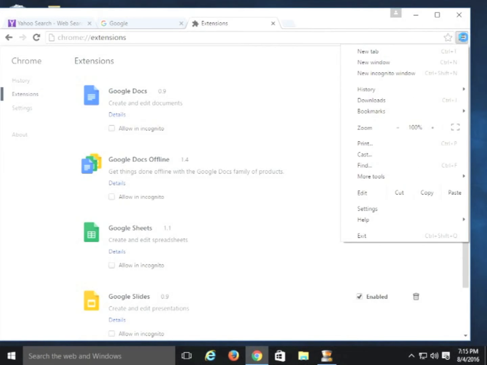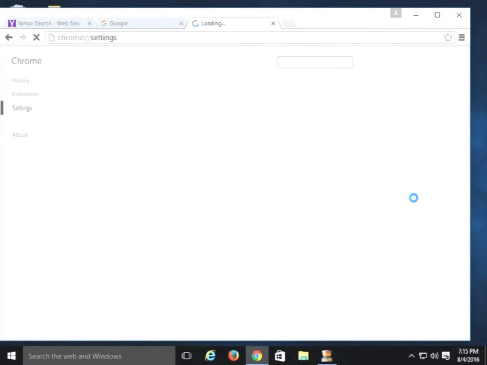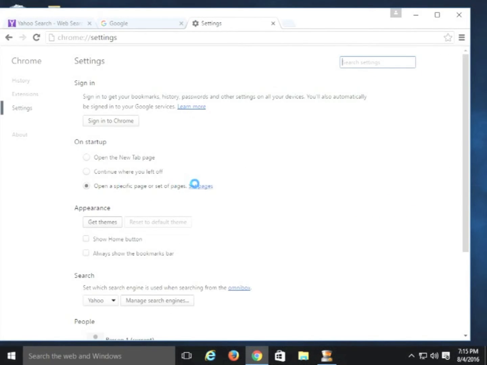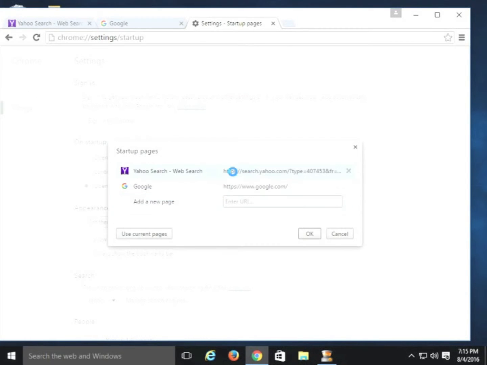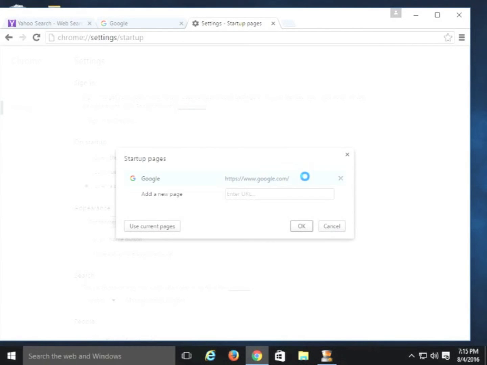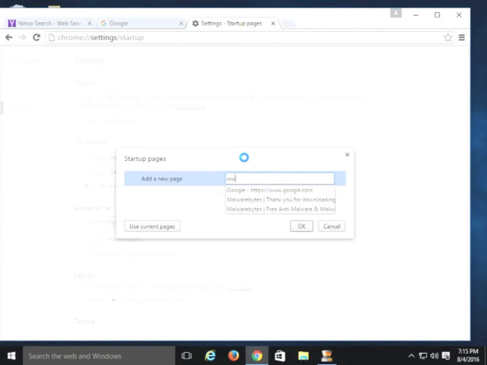Another thing I'm going to look at here in Chrome, as in the rest of the browsers as well, we're going to go to settings and look at the home page. We always want the home page to be Google or Yahoo or whatever they may prefer. But a lot of these unwanted programs change the home page to something that the customer may not want to use and doesn't work as well really. So we'll go ahead and delete everything that's there, even though Google was there, and we'll just type in google.com